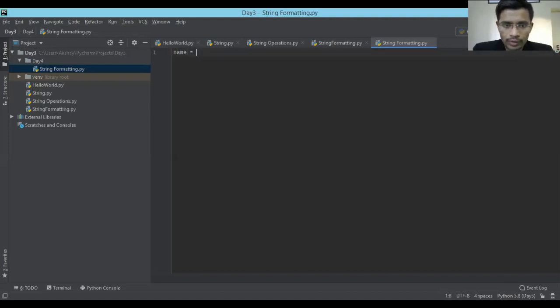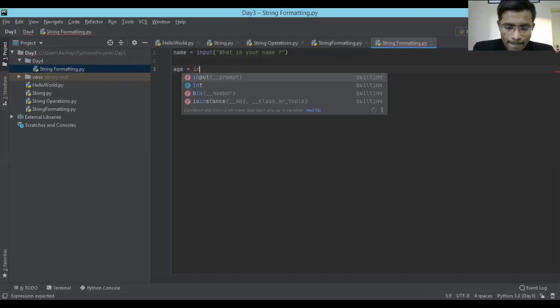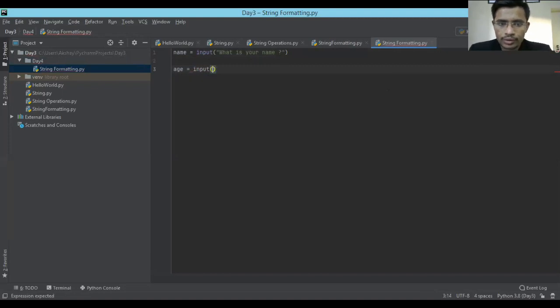I'm just doing it for one input first: what is your name, and then age is equal to input, enter your age. So we have two values.